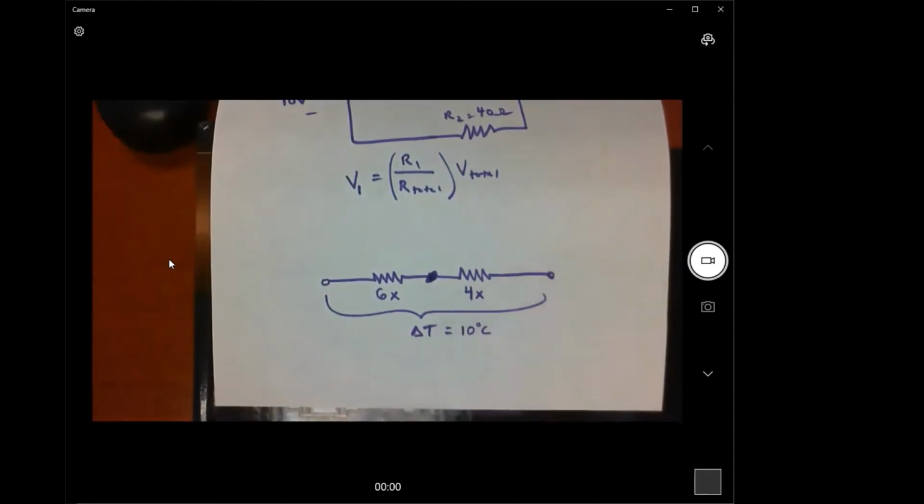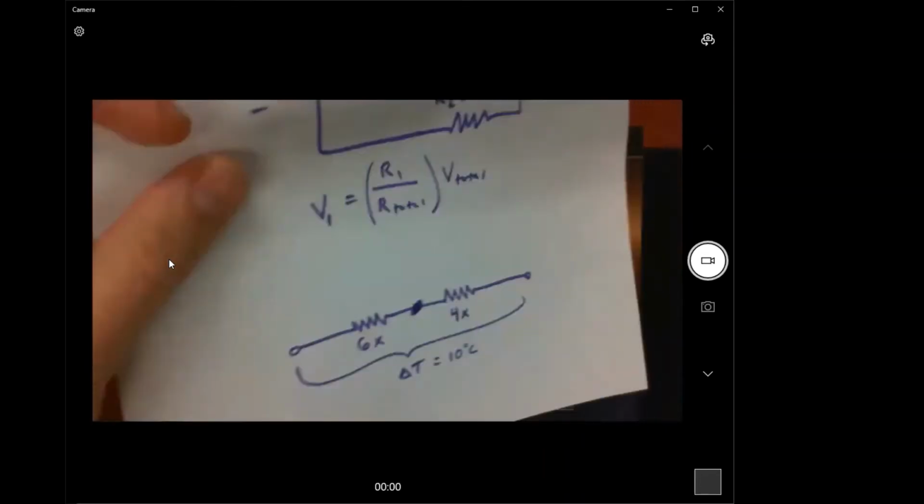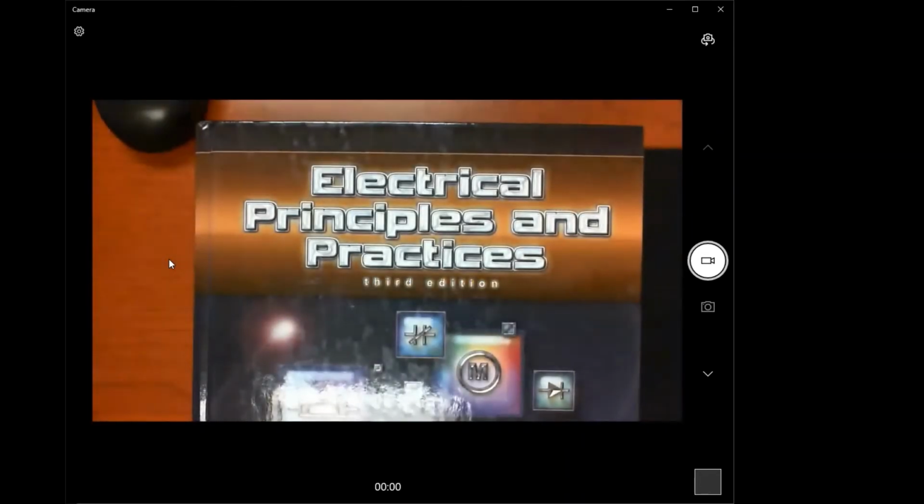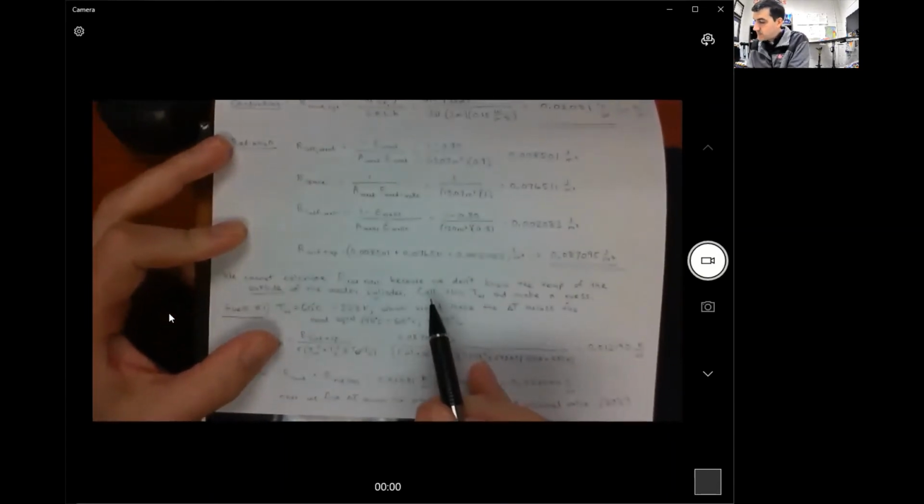All right, so that's what we're going to do. Let's talk through it, because I think it's easier to do it than it is to explain it honestly. So switching back to the problem at hand, we made an assumption for what the temperature of the outside of the barrel was. That was 60 degrees Celsius, which would make the delta T across the walls of the barrel 30 degrees Celsius. Then we used that information to calculate R rad total, which we used to calculate R total